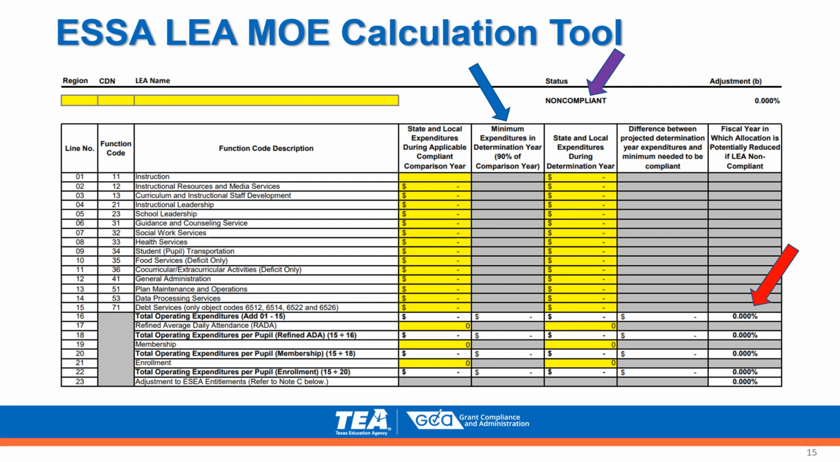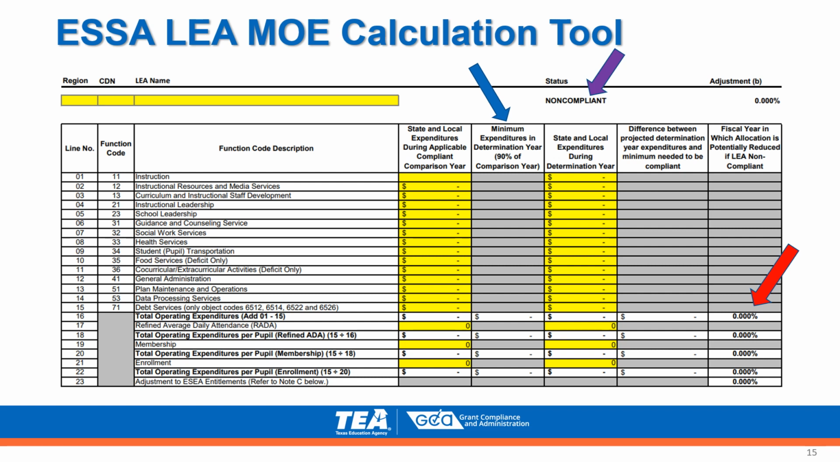Here is a snippet of the calculation tool that can be found on the ESSA webpage, provided in both Excel and PDF formats. This tool is designed to facilitate the initial determination of a local educational agency's (LEA's) compliance with the maintenance of effort requirement for programs funded pursuant to the Every Student Succeeds Act. It is intended for planning purposes only. The final determination of an LEA's compliance with the ESSA MOE requirements shall be made by the TEA's Federal Fiscal